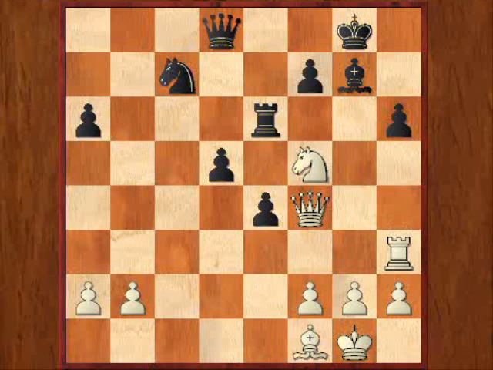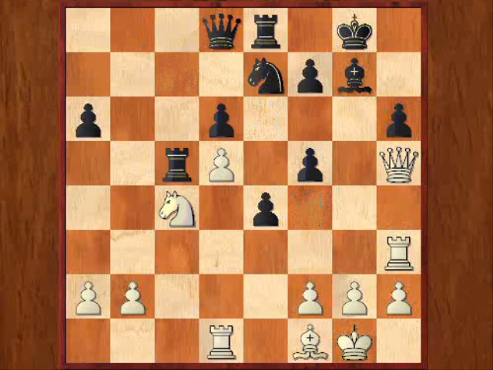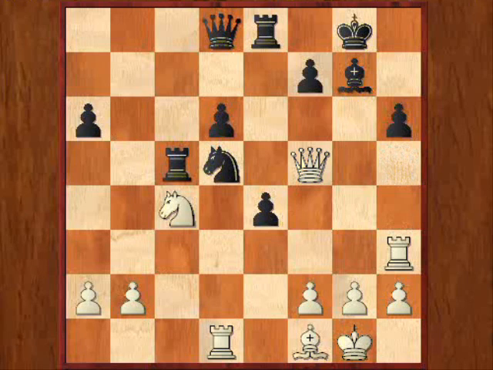Black has to be very careful with the g-file or pawn h6, which is weak at some moments. Therefore this position, and it was analyzed once, knight takes d5 is maybe the best move here for black. Queen takes f5, and here things are very tactical, because of course when the knight moves there's